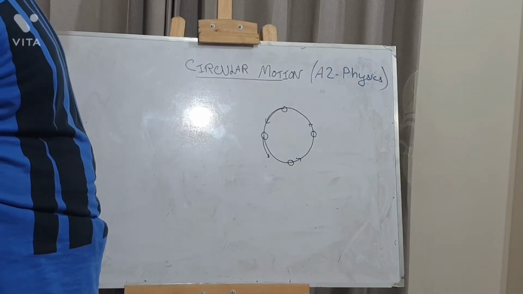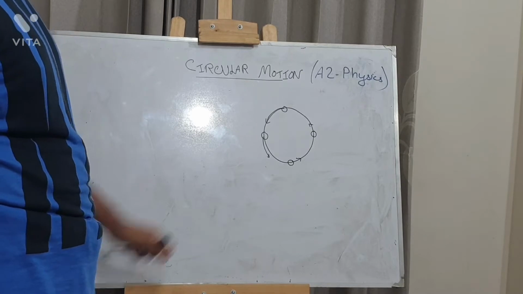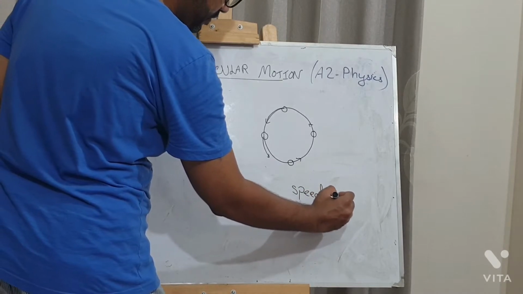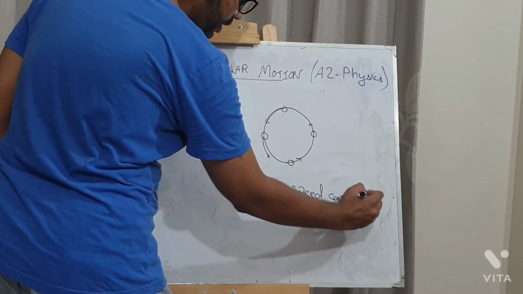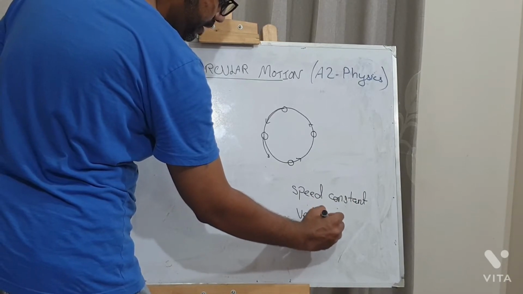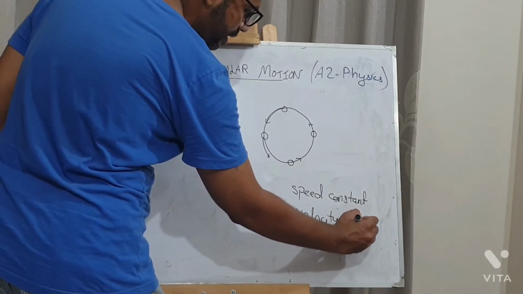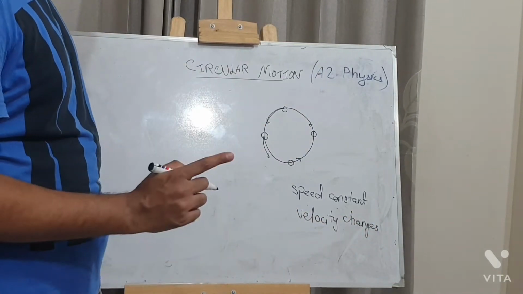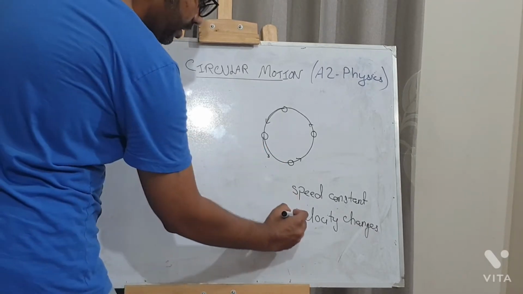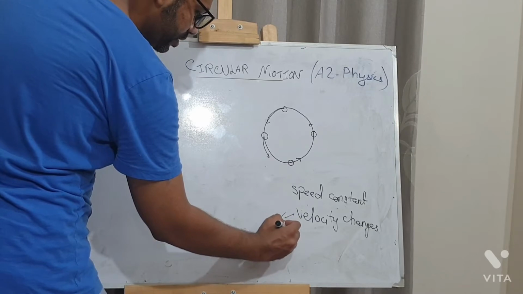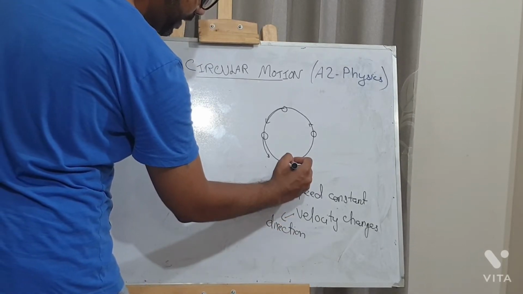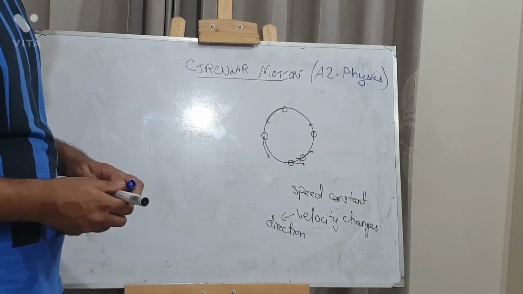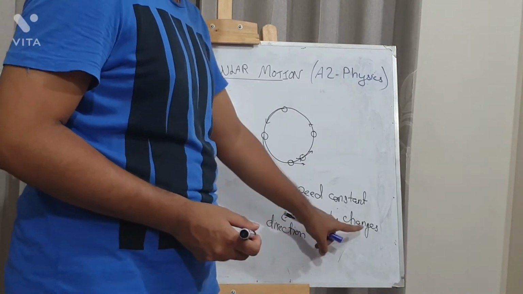And we have already also read a few more things, that when an object moves in a circular path, even with a constant speed, even if the speed remains constant, its velocity changes. I hope you remember that the velocity of the object changes as it moves with a constant speed. And the reason for the velocity changing was the changing direction. So you see, if the object keeps on moving in a circular path, at every point its direction is changing. Okay, so the direction keeps on changing, and since velocity is a vector quantity, the velocity also changes